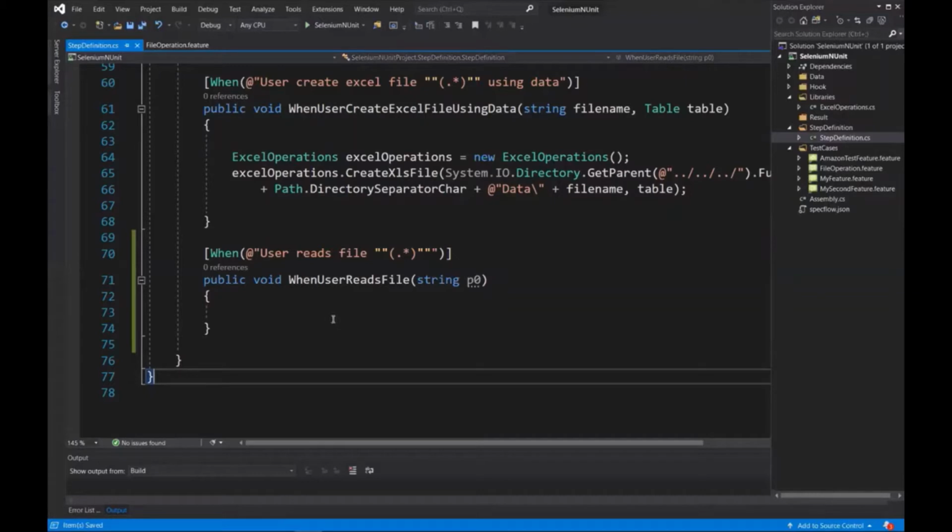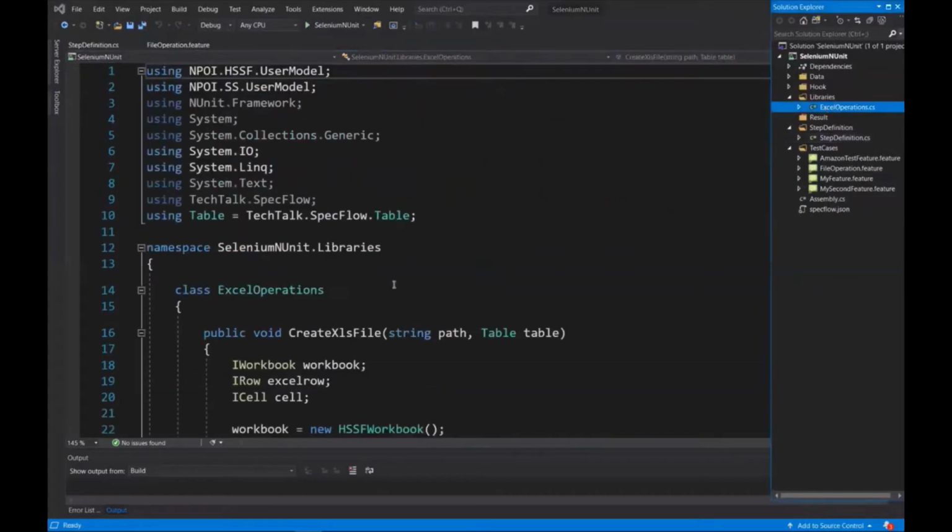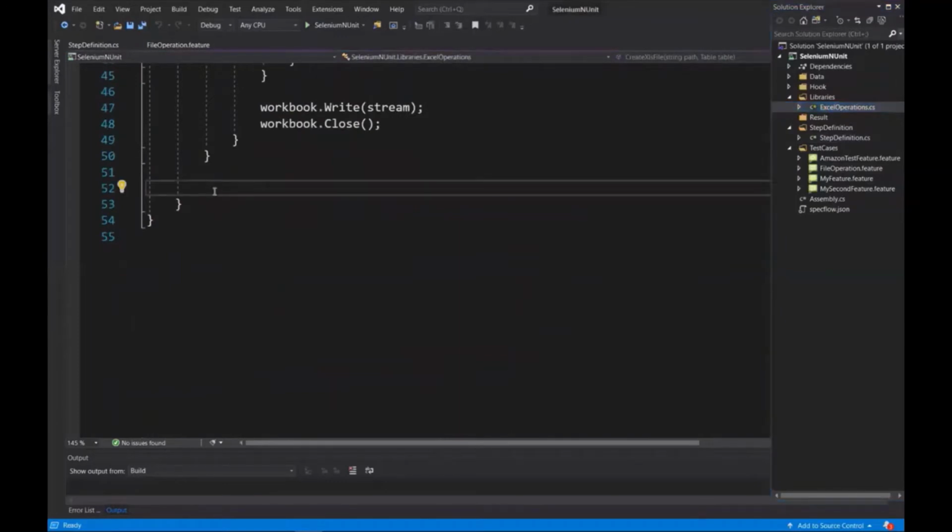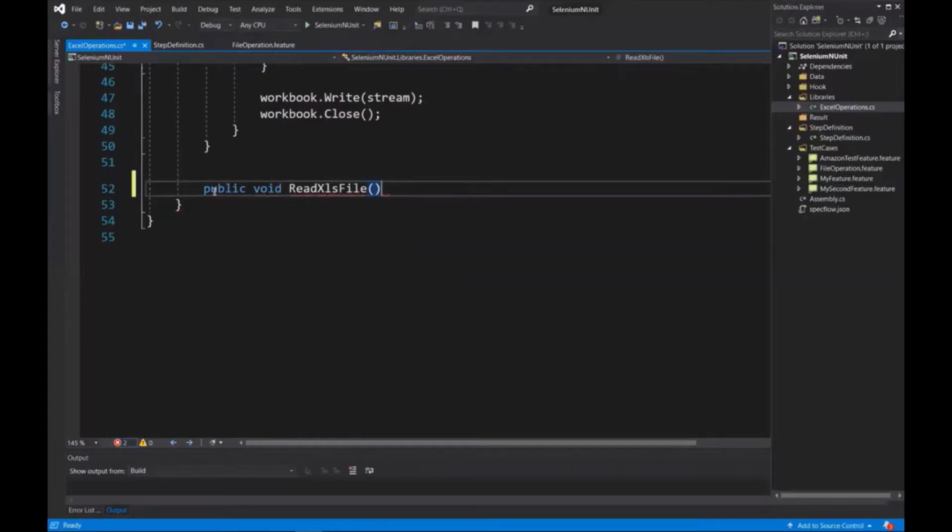So the next thing is to write the actual code which will perform the read operation. So let's go to the Excel operation class. Here I'm writing a new function called public void ReadXLSFile and adding one argument, that is string filePath.